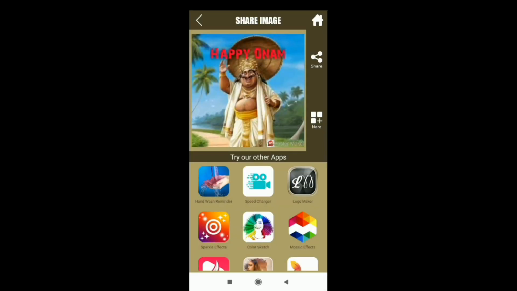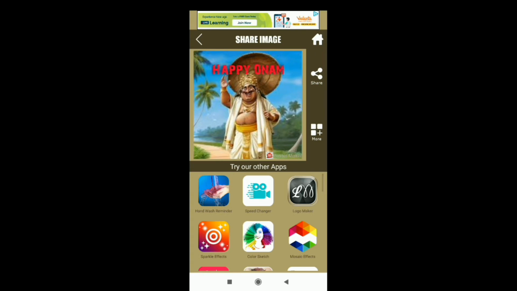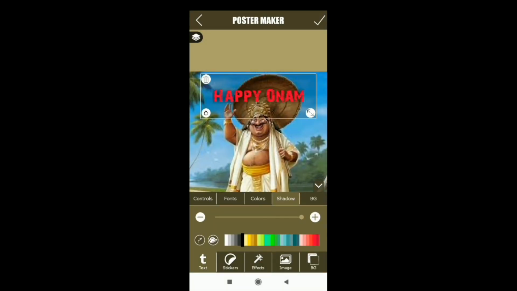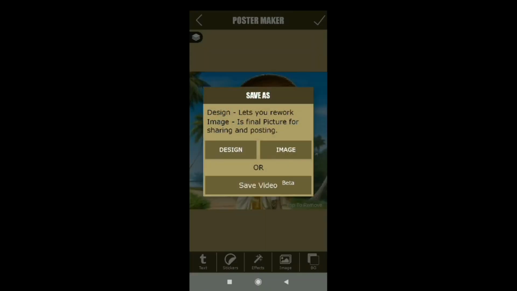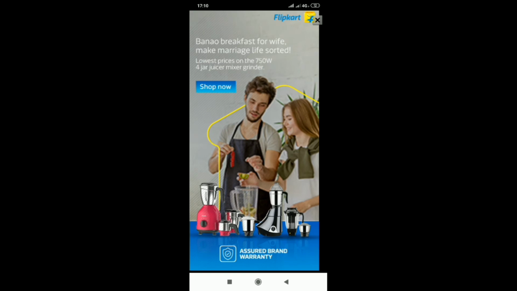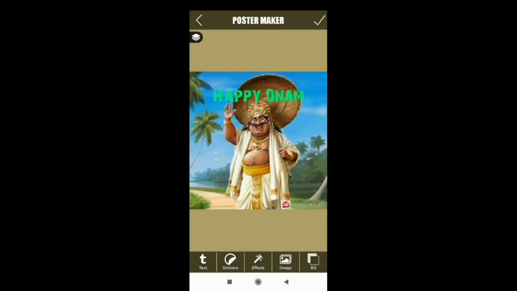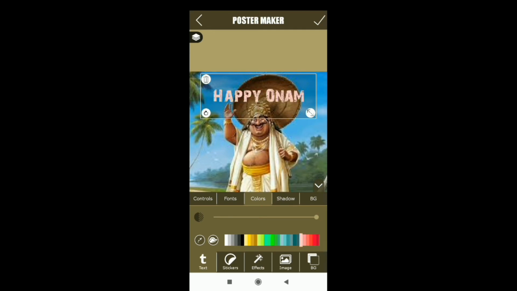Now we have our first image, and for the next images we need only change the color a little bit. We can change the color using this app, and I'm going to save the next image. Okay, then I'm going to change the color once again.